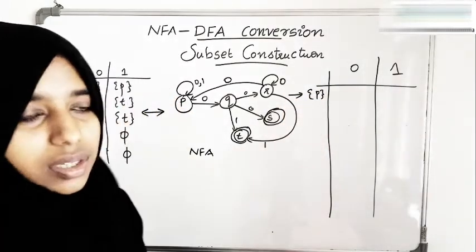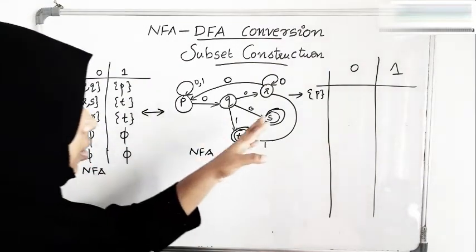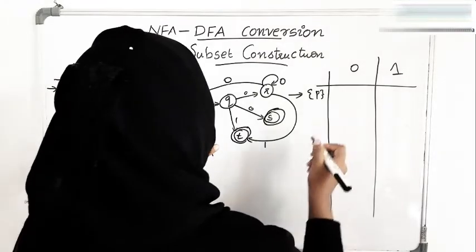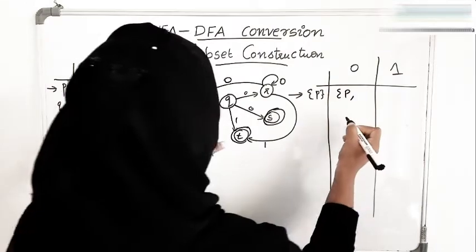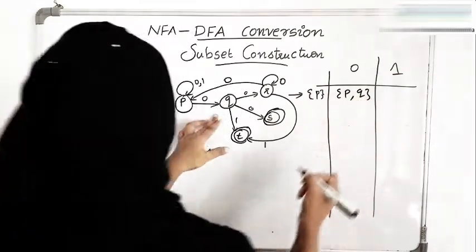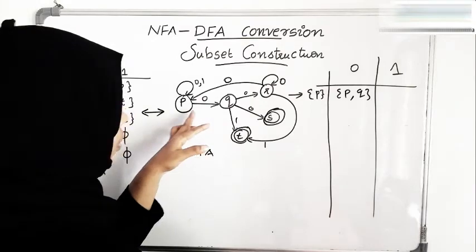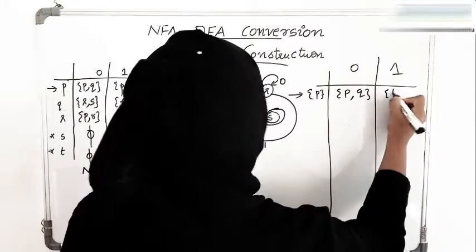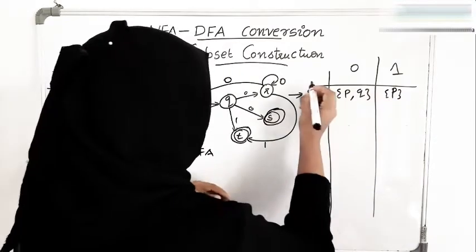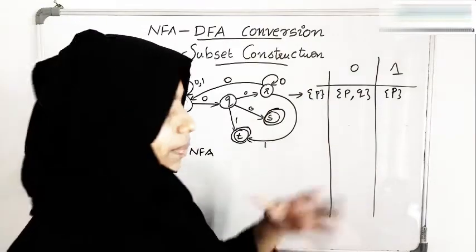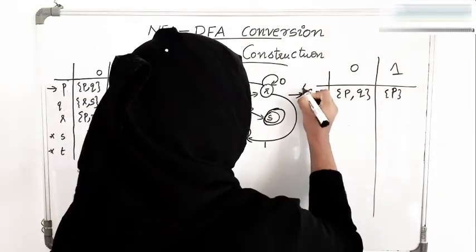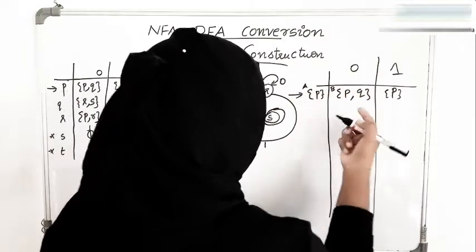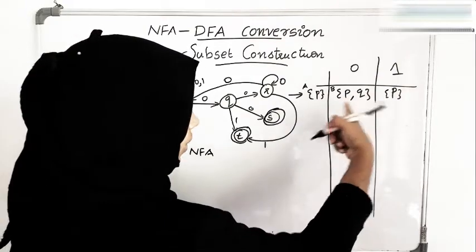So set P will be the start state. Now from P on 0 you are staying at P and then moving to Q also. So PQ. Now from P on 1 you are simply staying at P itself. So I am naming the state A, because you will get many combinations of these states hopefully, or you can name it Q0 if you want. I am naming it B. Now B is the new state that we got at this point.